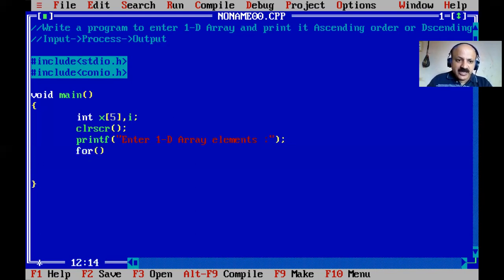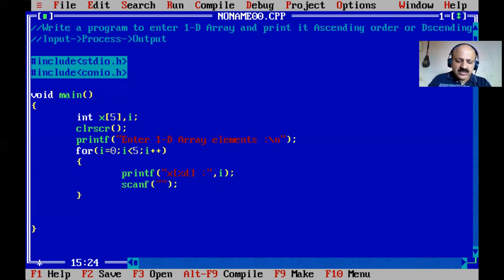Here I take a for loop and provide \n. I equal to 0 because index always starts with 0, I plus plus, I less than 5. Now my technique starts: we print and scan with index. So x of %d prints our index, that is I, and the scanf function.